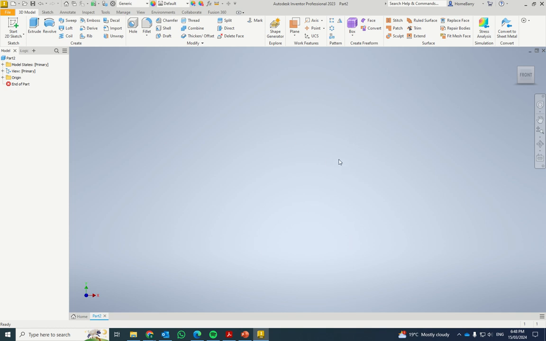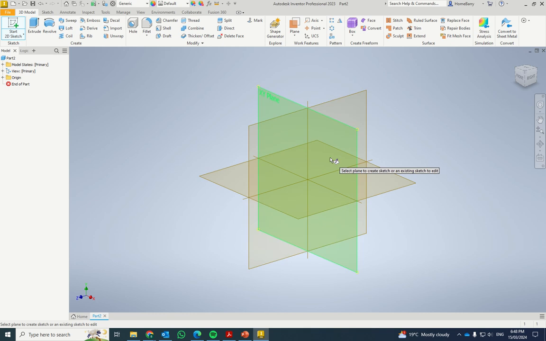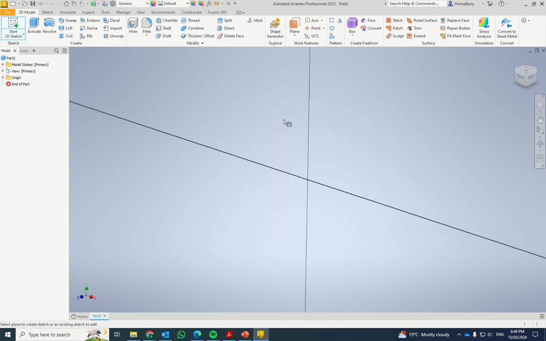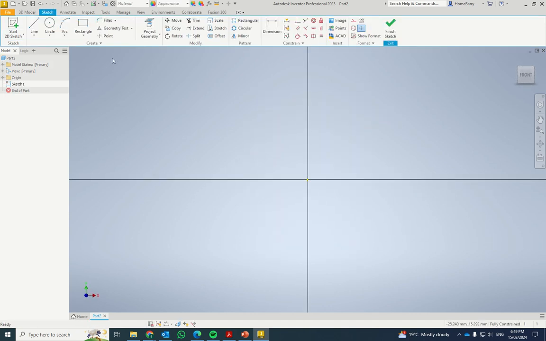workspace here. We need to start a new sketch, and if you haven't already got an object you need to start a sketch using one of the three planes in space, so XY, YZ or XZ. I like XY. Then you can use your tools up here to create your sketch, and as I go along you'll see